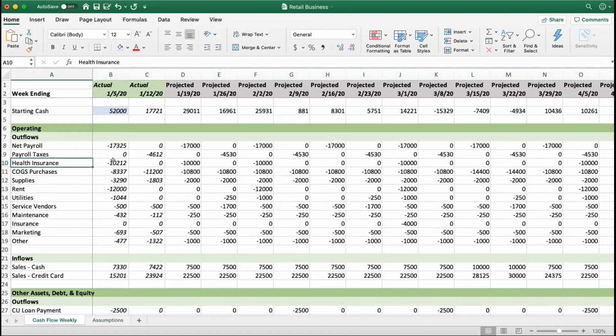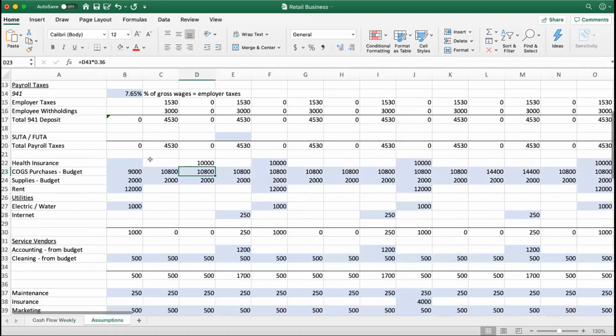Oh, this was an actual. I'll get to that in a second. But you can see where I just entered that. Now it's showing that we're going to pay that here. So that's how you can use this tool as you make decisions about who you're going to pay late, or who you've worked out a payment plan with. You can get all of those entered in here, and they'll feed over into your weekly cash flow calculation.